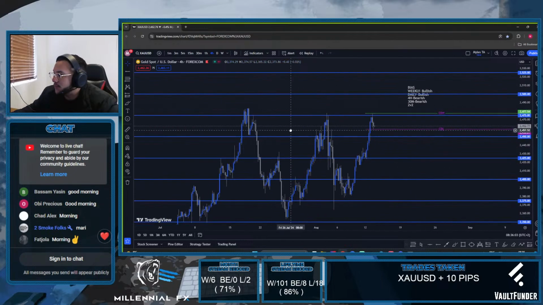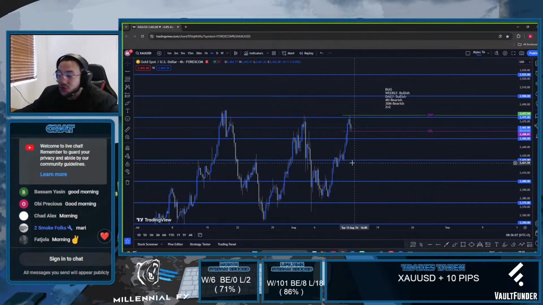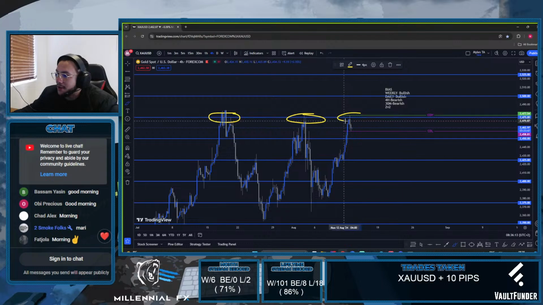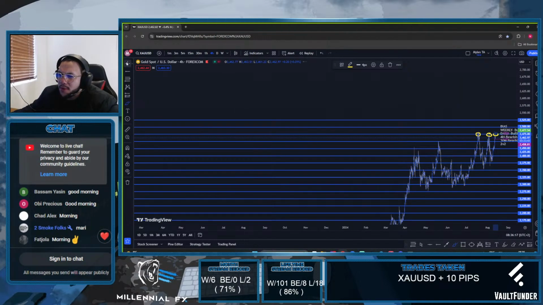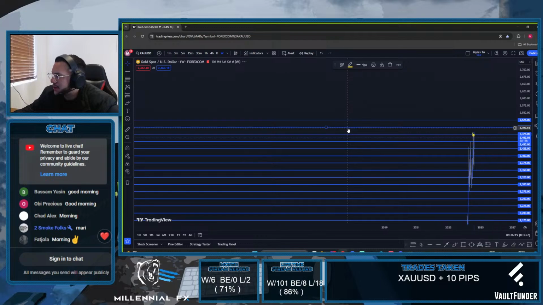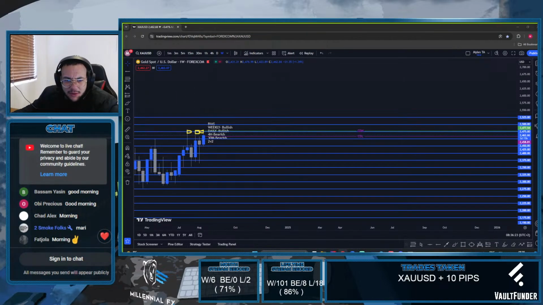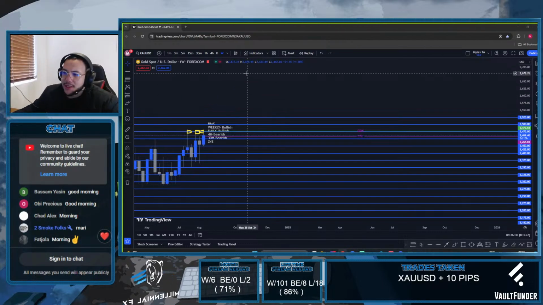Now I come to the 4 hour, guys, and I see the level of 24.75 is a strong area of liquidity, as we can see that price has tested here many times and never surpassed. Does anybody know where we are right now regarding price? Do you guys know that we're at all-time highs? It's crazy, right? We're literally at all-time highs once again.